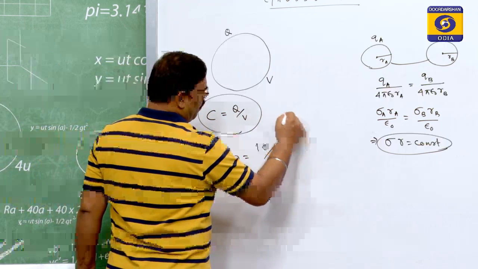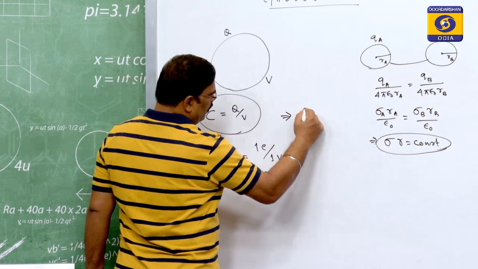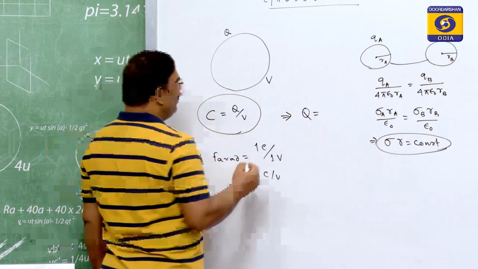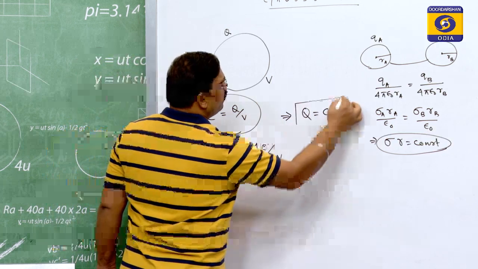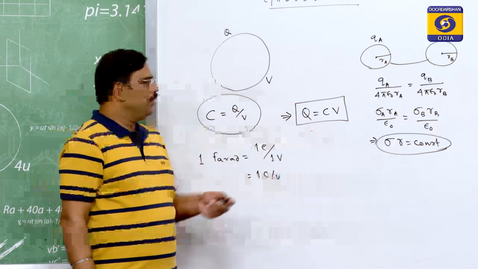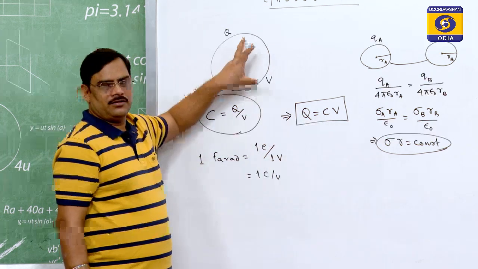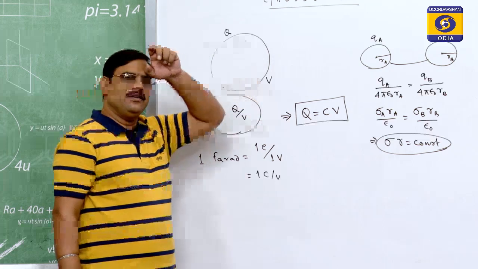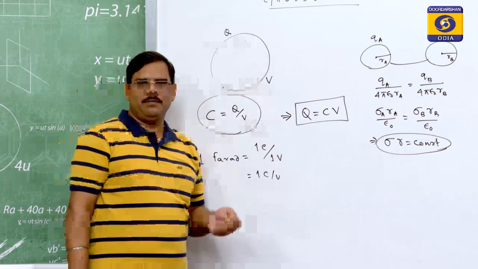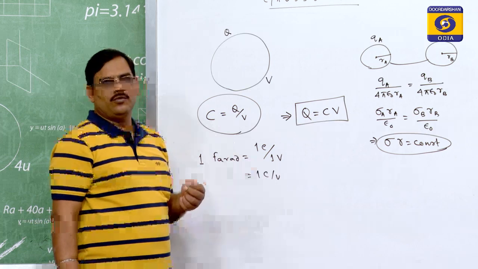Therefore, knowing the capacity of a conductor, we can also calculate the charge to be developed on that conductor if it is supplied with a potential V, and this is equal to CV. So, Q equals CV. The capacity of a conductor depends on some parameters of the conductors. We will see it later on. In different cases, the parameters will be different. We have three types of capacitors: parallel plate capacitor, cylindrical capacitor and spherical capacitor. We will see them one by one.